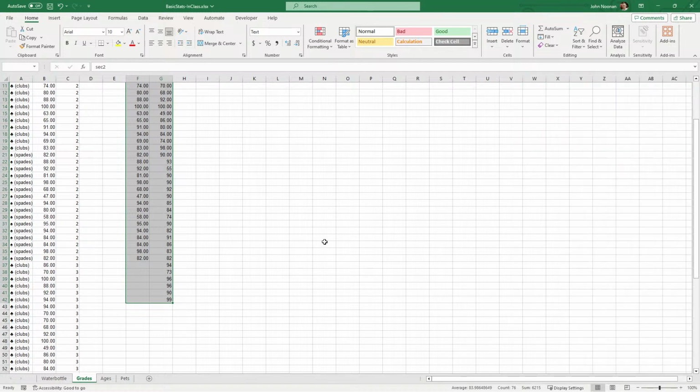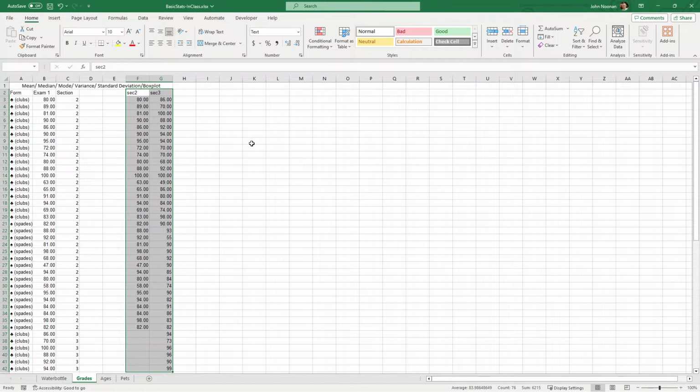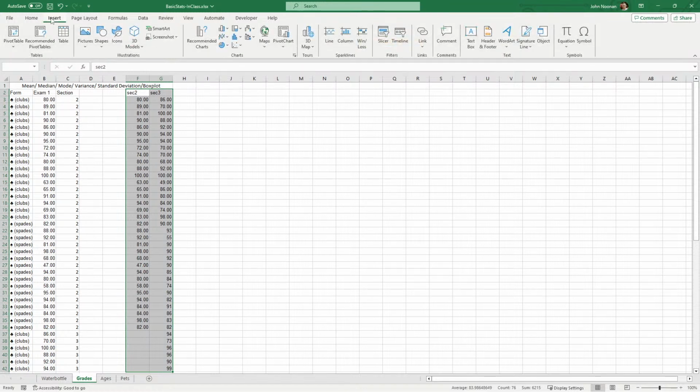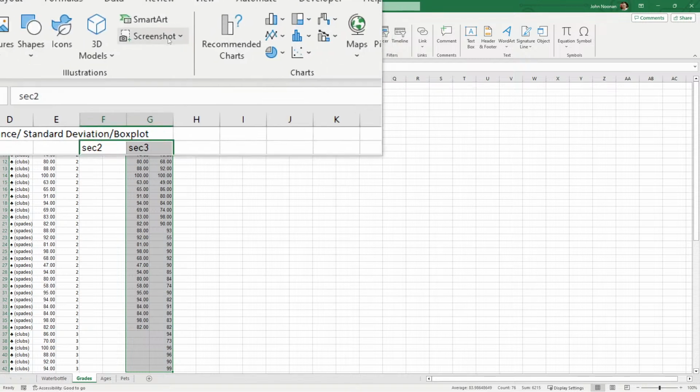Okay. Anyway, here we go. So you've got your 2 columns highlighted, including all the data and including the titles, Section 2 and Section 3. And then we go up to the graph insert. So insert, let's see, maybe it's because I keep zooming in. Is that why it's having trouble? So you click insert. Here we go, here's my zoom.